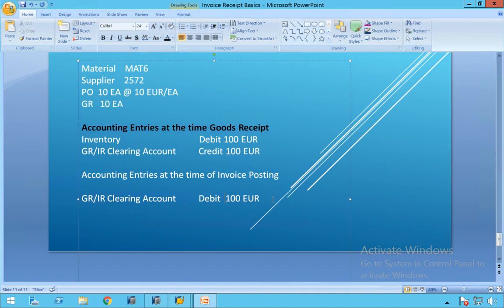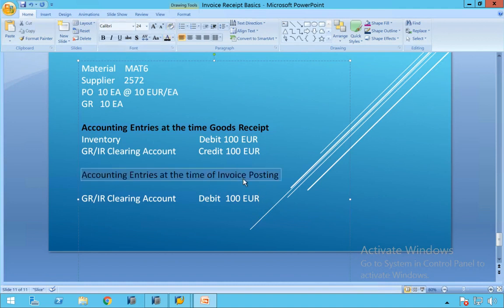Now the system has done this, but the accounting rule says that at the invoice you have done this debit entry, so where is the credit entry? What is the credit entry? It is the supplier's liability. For the supplier account, it will be supplier liability.